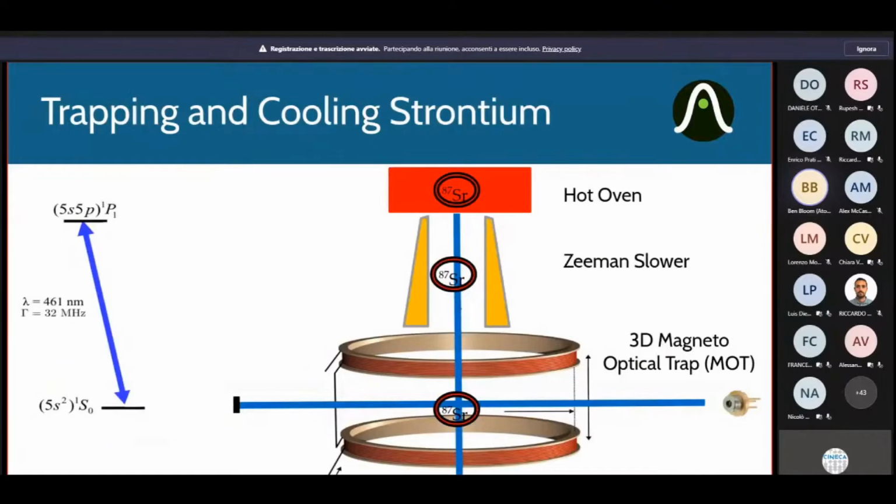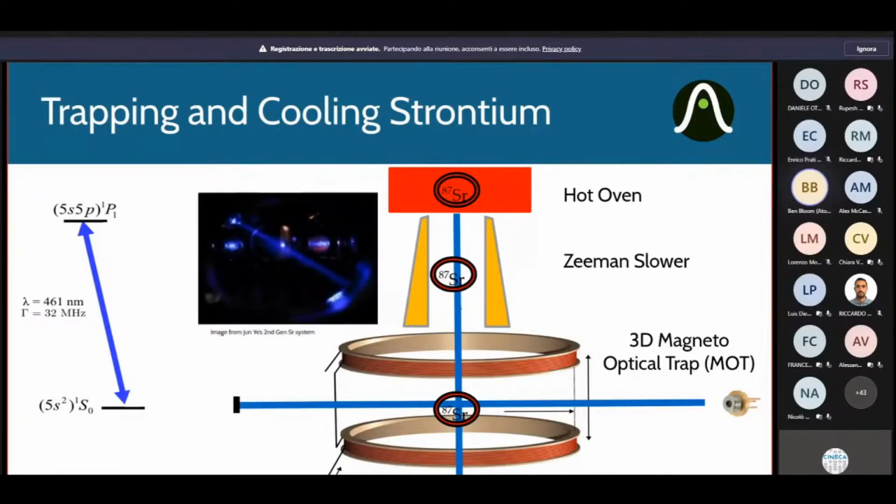How do we do this at Atom Computing? We actually use a very specific kind of strontium, or just strontium in general. We start off with a hot oven. We perform this Doppler cooling via Zeeman slower, and then of course we trap them in a 3D magneto-optical trap. This is the same thing that's done in many, many labs around the world. This is an image from the work I did as a grad student, where we trap these atoms to create very, very high precision clocks that are now approaching, I think, 10 to the minus 19 or 10 to the minus 20, even in fractional frequency measurement precision.